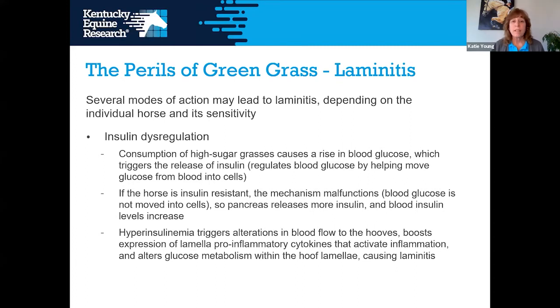So in this situation, we don't really know at this point how much of a role fructans and the fermentation in the hindgut really play, but we do know that the high levels of sugar and starch in grasses can certainly cause the rise in blood glucose. So, having said all this,